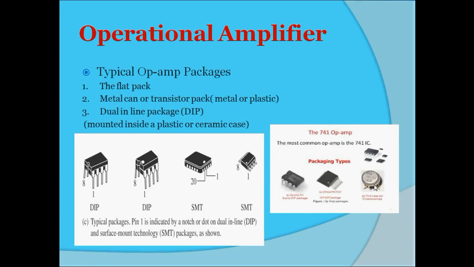Most of the voltage regulators, regulator ICs, for example LM117, have 3 pins. Then power op amps and audio power amplifiers are usually available in 5 pin packages. This metal can package is best suited for power amplifiers because metal is a good heat conductor and consequently has better dissipation capability than the flat pack or dual inline package. In addition, this metal can package permits the use of an external heat sink.